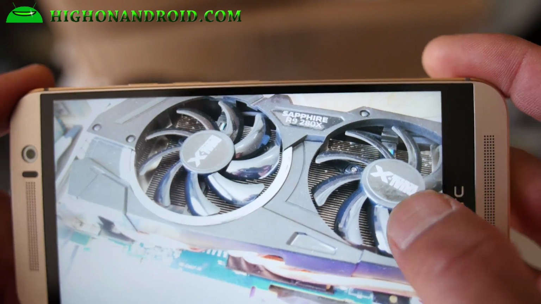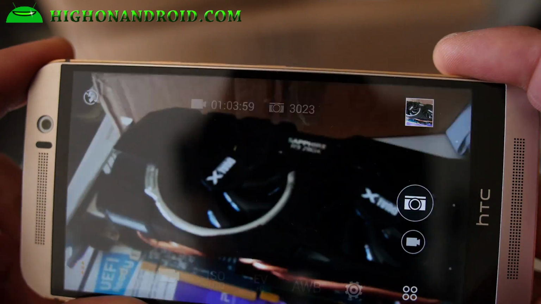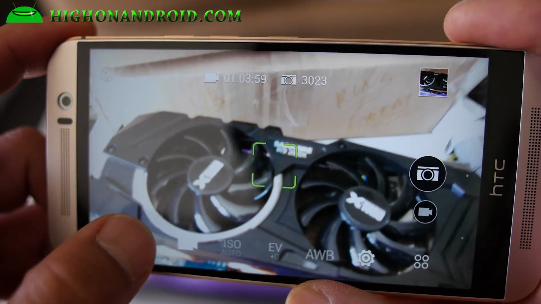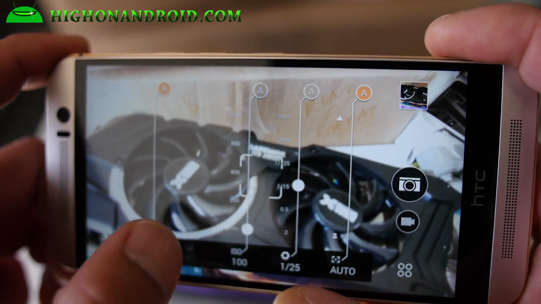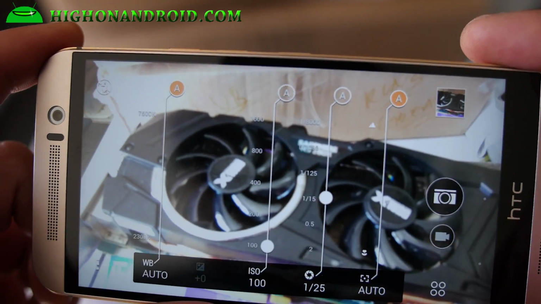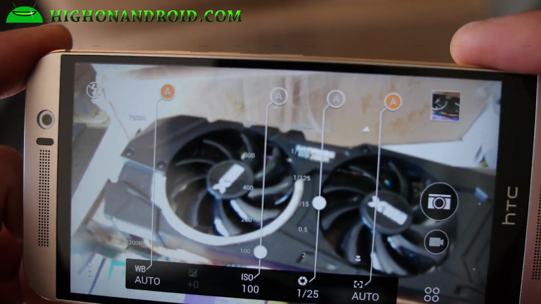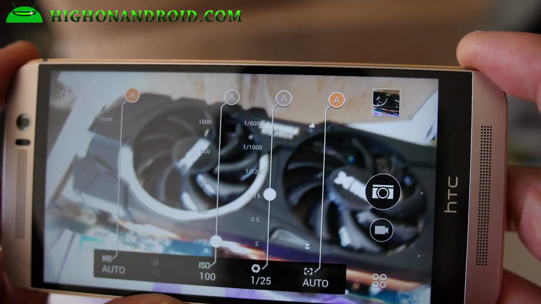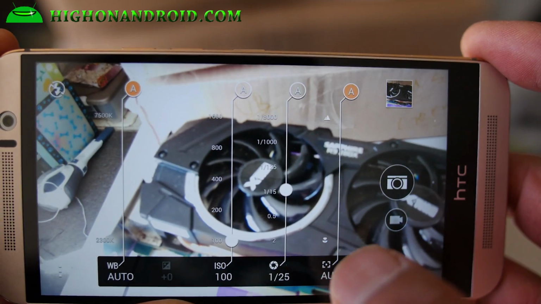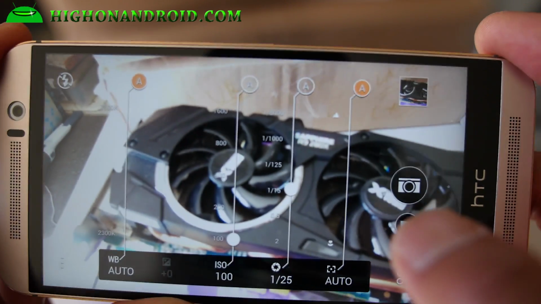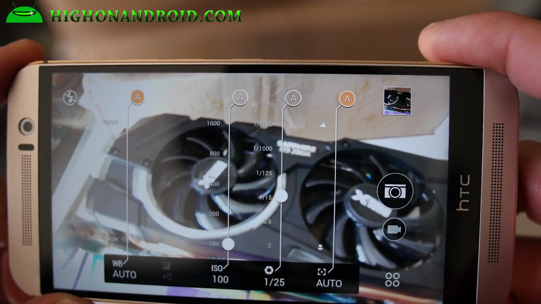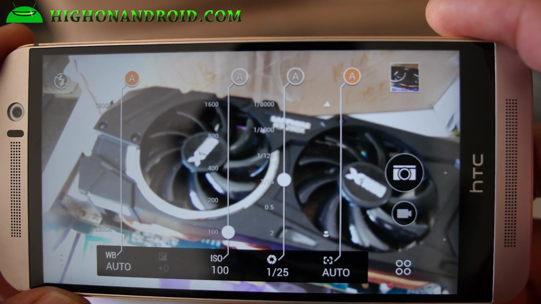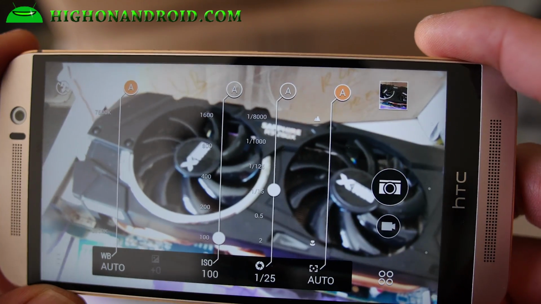So in that regard, this has slightly more control in that you can actually control the shutter speed, which I really love, because that's how I use all my DSLR cameras or my Panasonic GH4 here. And this could be a great feature if you plan on using your M9 to the fullest. Definitely just mess with the ISO and the shutter speed, and you'll get the shot exactly the way you want it. It's probably going to end up better than any autofocus that HTC decides to put on there or fix